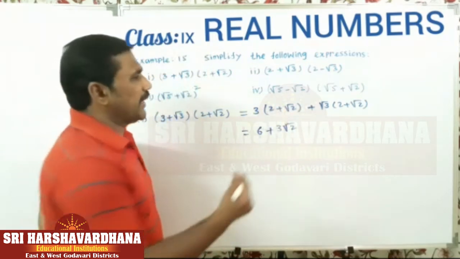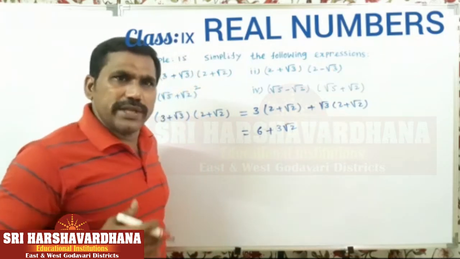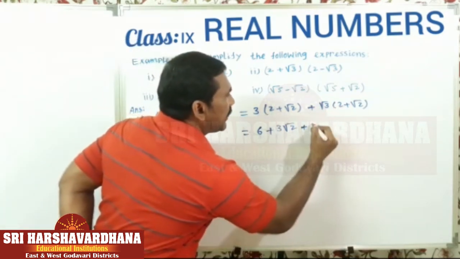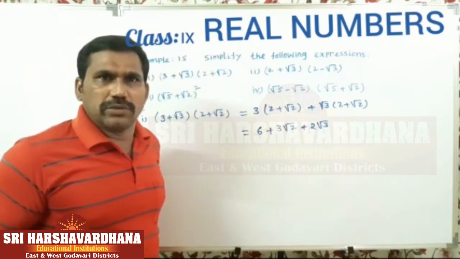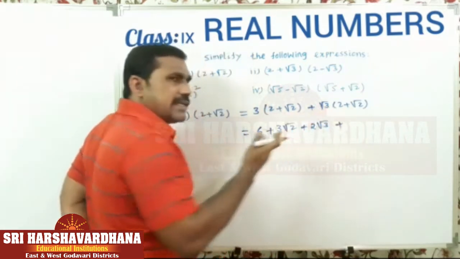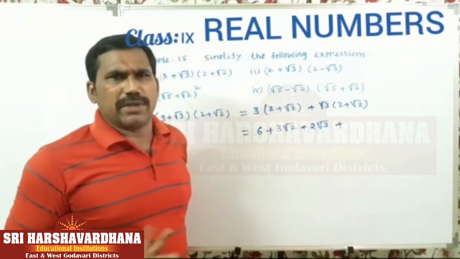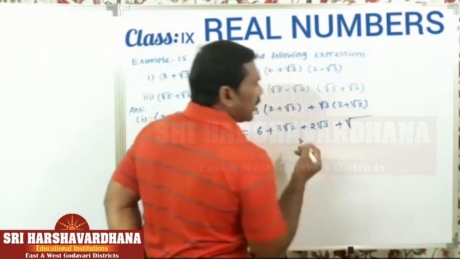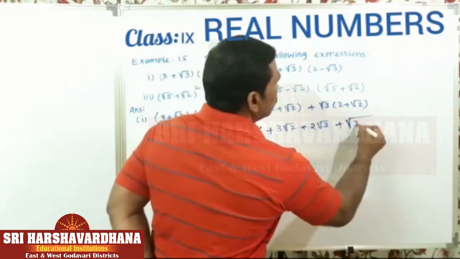That's it. Okay. Next, observe here. Root 3 is an irrational number. 2 is a rational number. So that's why simply keep them as 2 root 3. Root 3 into 2 equal to 2 root 3. Right? Next, observe here. Root 3 is an irrational number and root 2 is also an irrational number. Then you multiply those numbers. What I mean is root 3 into root 2 means root of 3 into 2.